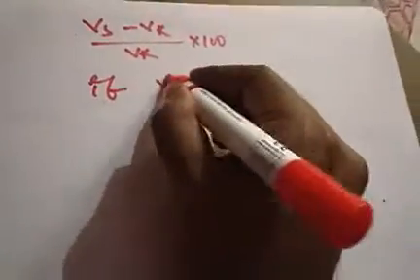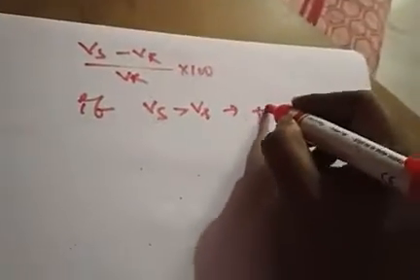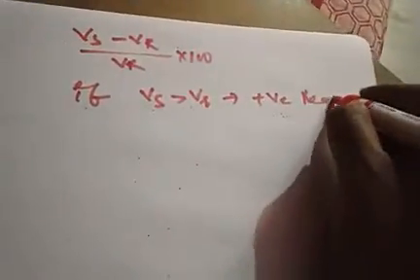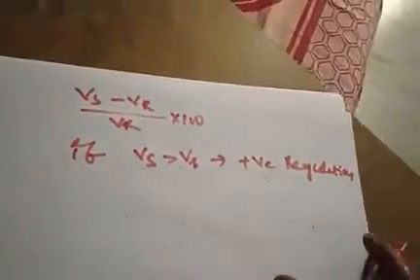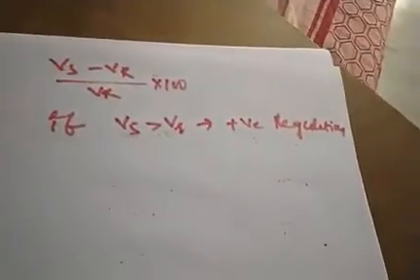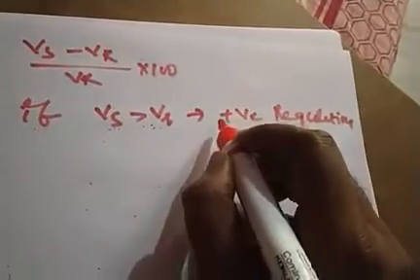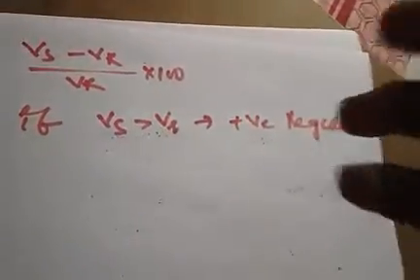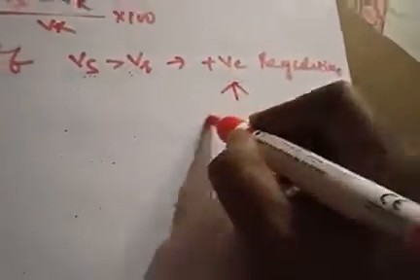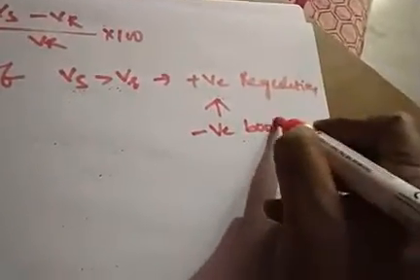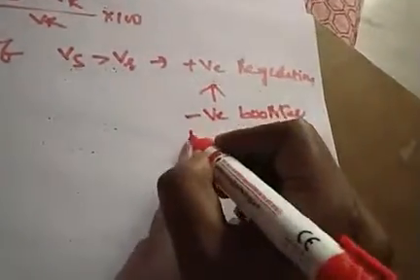If Vs is greater than VR, so we can call it a positive regulation, right? This is a positive regulation. That means if you want to overcome this, you apply a negative booster to make this regulation